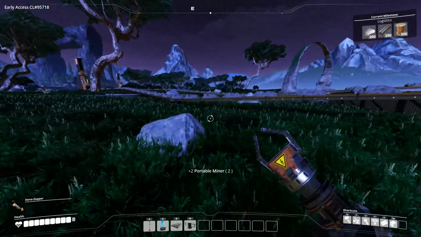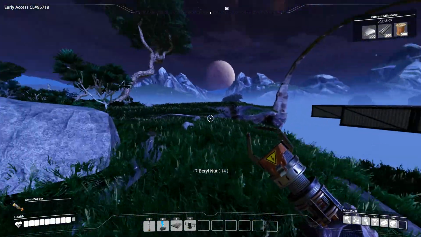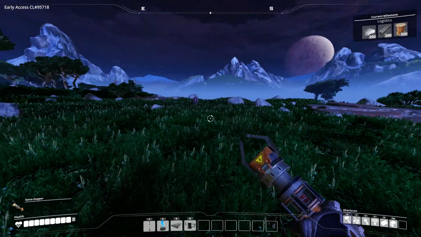And we'll go over here and put the drills on, and then we should be good to go to actually start adding another smelter there, because I know smelters also require rods, which I have plenty of, so it's not a problem. Miners, I feel like...